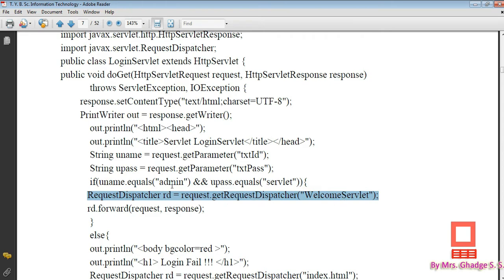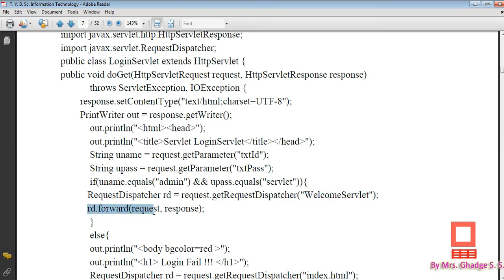So this request dispatcher object rd is obtained by using the request object. Request is the object of HttpServletRequest. Okay, so with the help of the request object we can easily obtain the request dispatcher object, and here the file name set is welcome servlet. So our request is forwarded to this file welcome servlet if admin, that is username and password, matches.